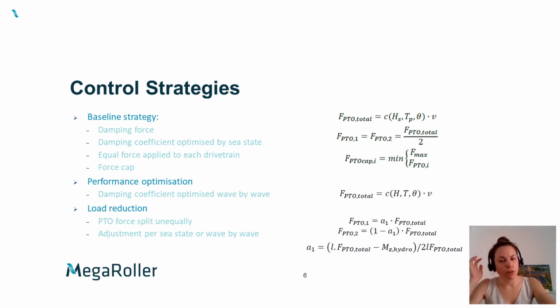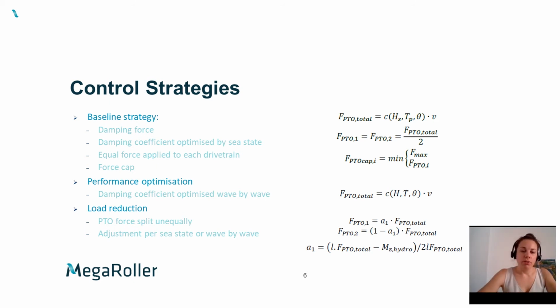And two applications of wave-by-wave prediction tools can be considered. One aims at maximizing the power capture and optimizes the damping coefficient on a wave-by-wave basis. And another strategy focuses instead on using the control system to increase the survivability of the device by adjusting the force split. This is particularly useful when we consider waves approaching from an oblique heading that generates a hydrodynamic torque